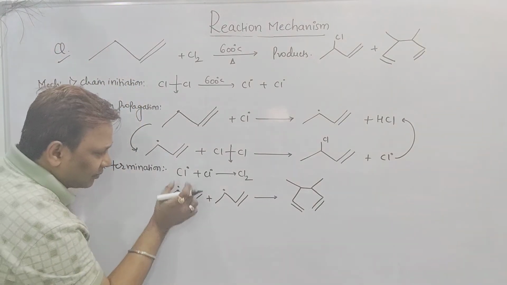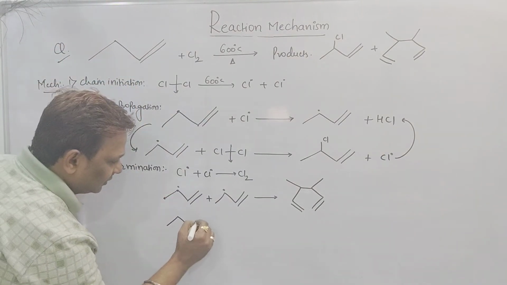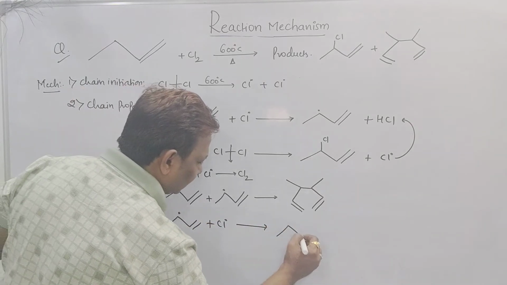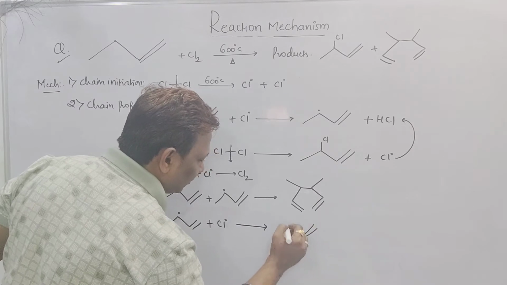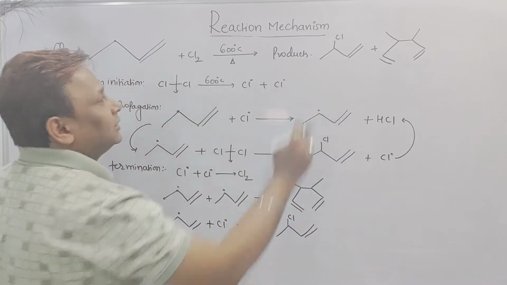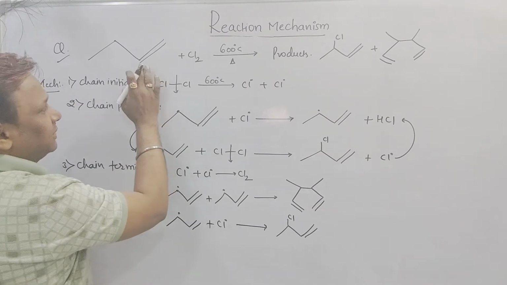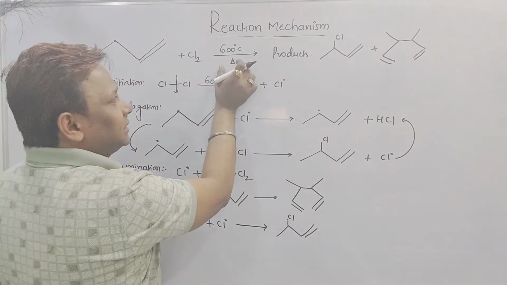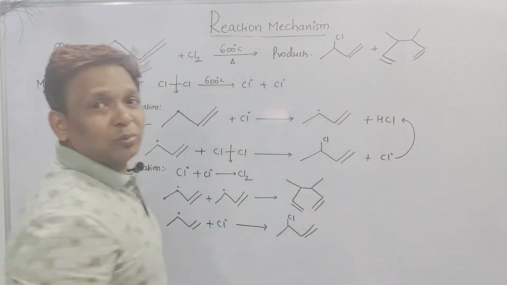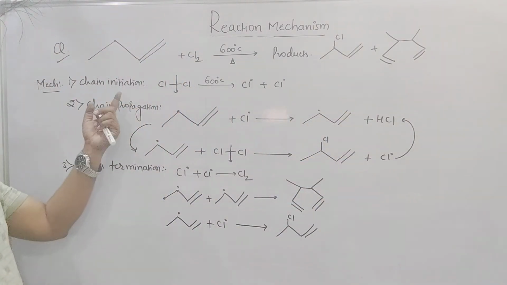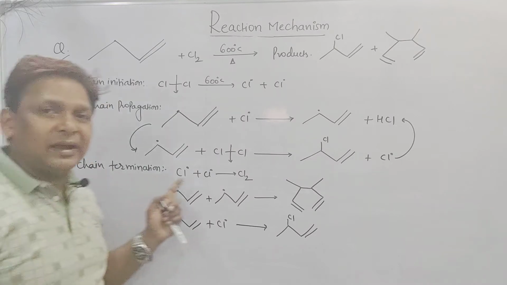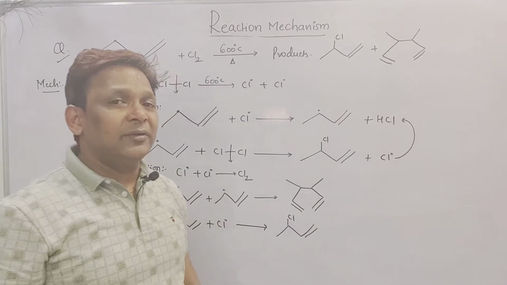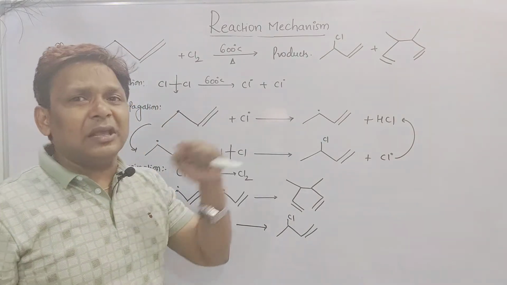Third one, this will combine with this one. Yes sir. This is combining with Cl radical and we got 1, 2, 3, 4 double bond and Cl attack over it. We got here. So see beta, when this unsymmetrical alkene combines with chlorine at a high temperature, something like 600 degrees centigrade, we are getting two products. Is it clear, beta? With the help of initiation, propagation and termination, we are able to find out the product obtained during the free radical substitution or the allylic substitution.